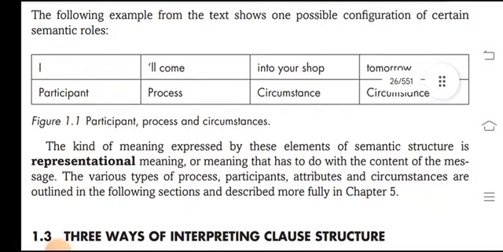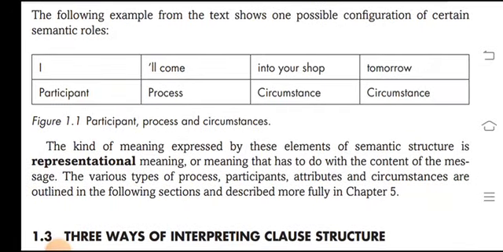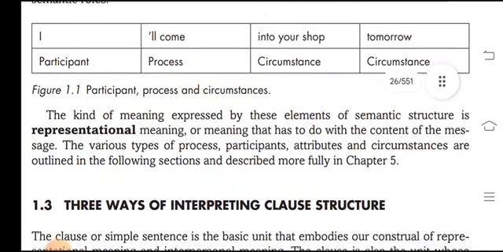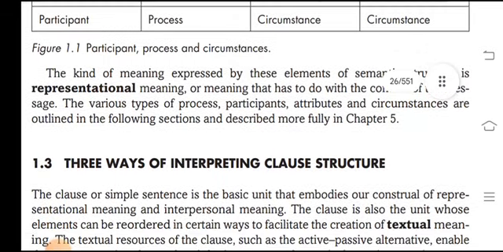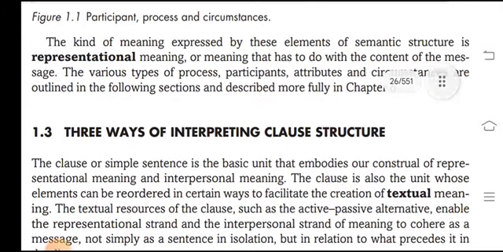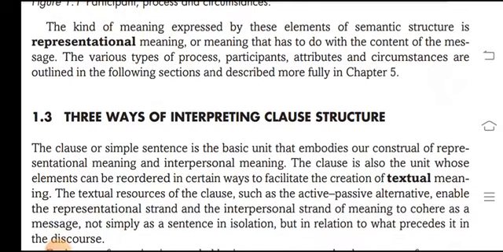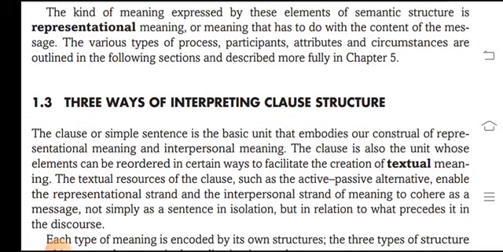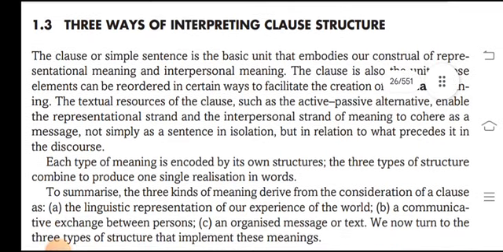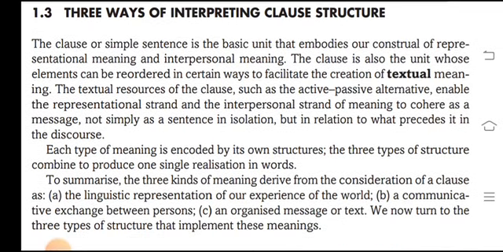The following example and the text show one of the possible configurations of certain semantic roles: participant, process, and circumstances. The kind of meaning they express, thus the elements of the semantic structures, is representational meaning, or meaning that has to do with the content of the message. The various types of process, participants, attributes, and circumstances are outlined in the following sections and described more fully in chapter 5. Three ways of interpreting clause structures: